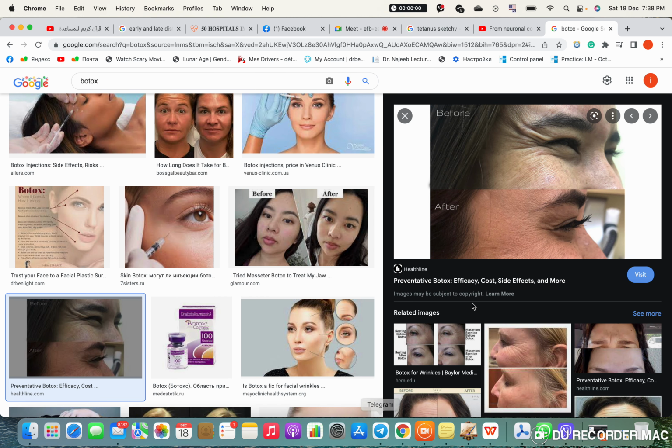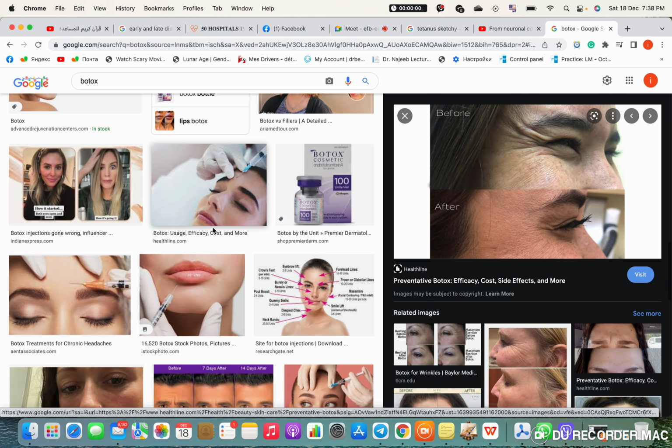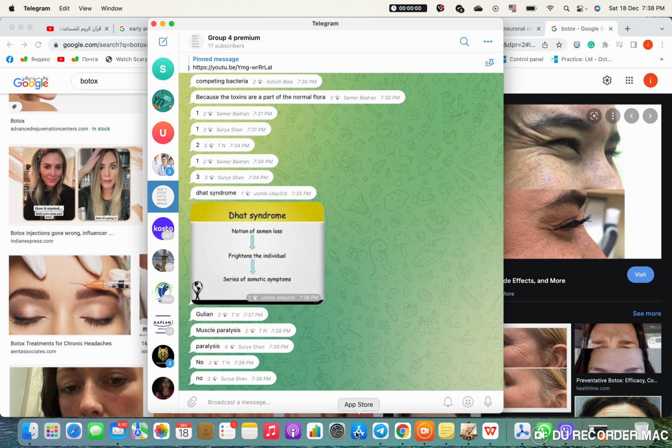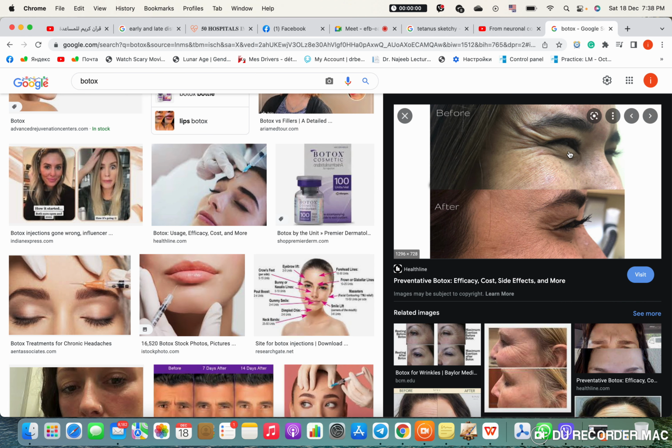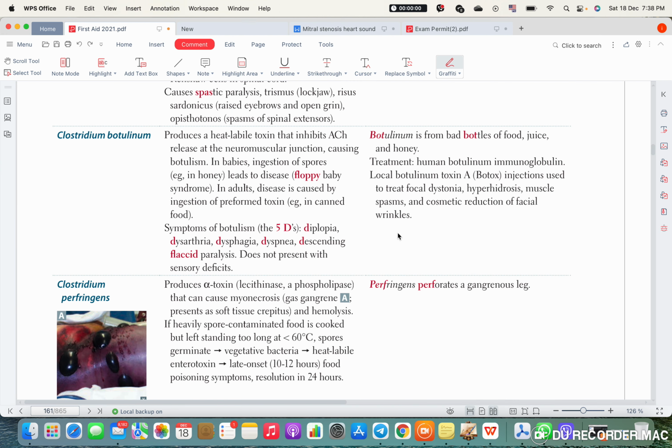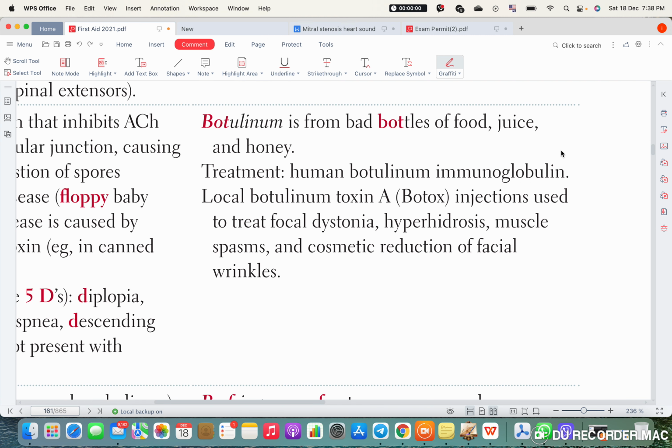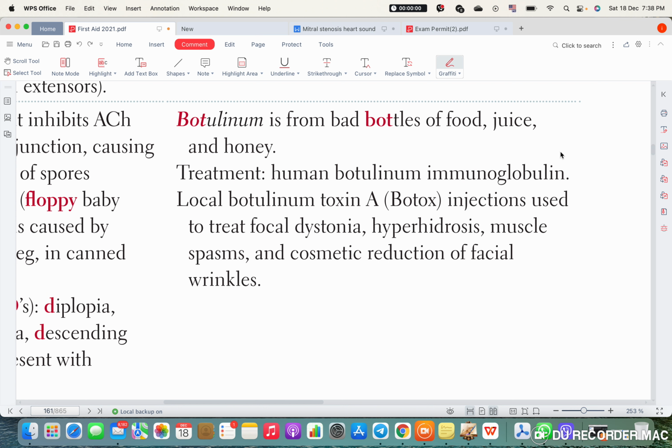These wrinkles? When you administer Botox, what happens to the muscle in this area? What happens to the muscles if you administer Botox? They paralyze. So when they paralyze, will you have the wrinkles anymore? Nope, you will not. Okay, so will it work forever, or will you have to re-administer it after some time? Re-administer, correct? So it's super serious speaking about Botox, because it's really beneficial. It's not only this cosmetic stuff. There is stuff more serious than this.